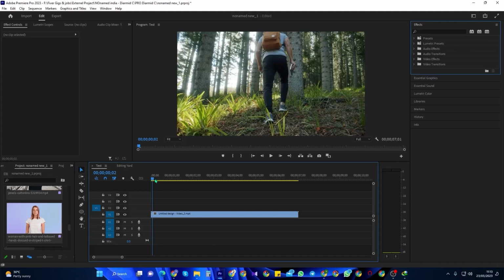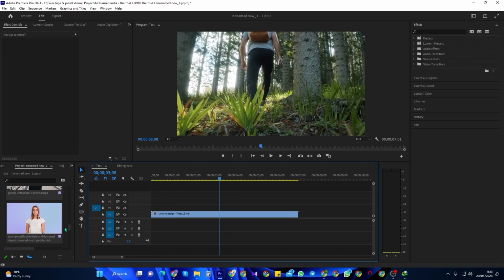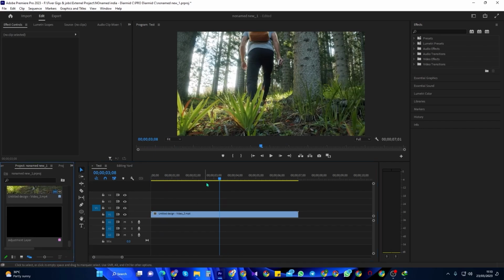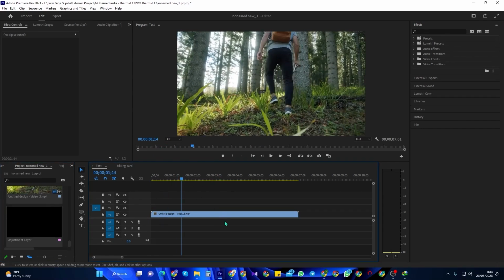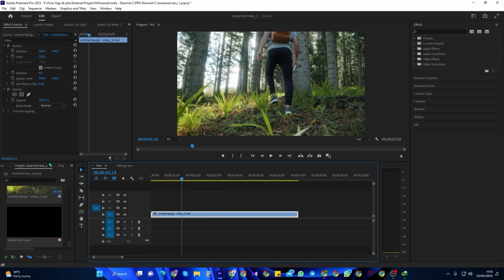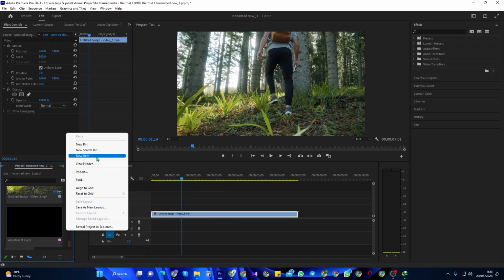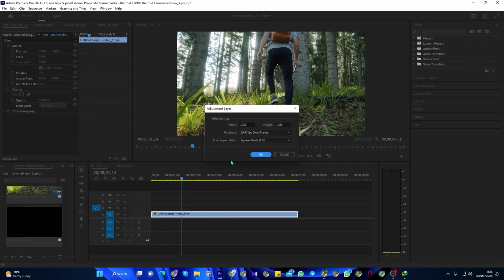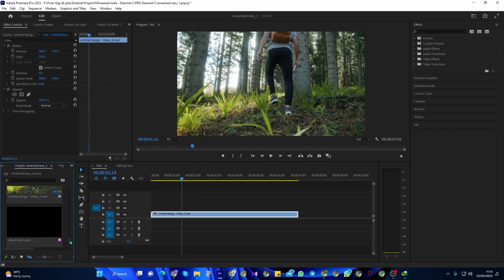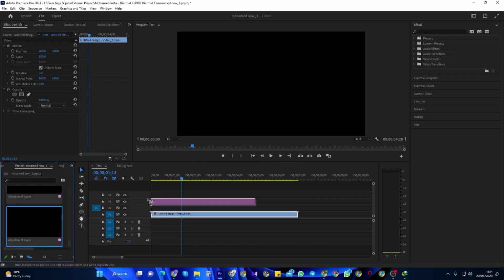To get started, I just added a clip to my timeline that I'd like to add a vignette. Let's begin by going over to the Project panel and right-clicking inside. Then go to New Item and select Adjustment Layer. Drag the adjustment layer above your clip on the timeline and then extend its duration so that it matches the